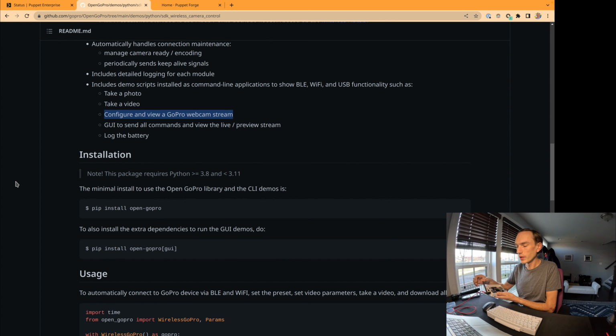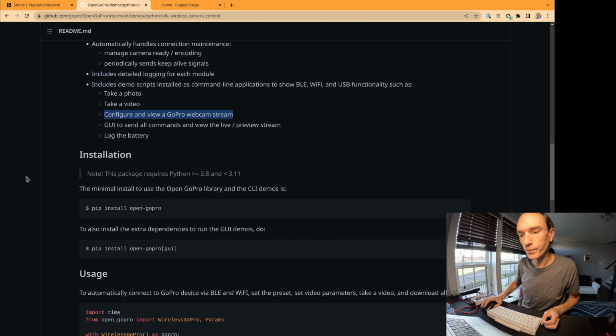Now, as I mentioned, I want to ensure that my deployments are consistent across different platforms. And so I want to use Puppet to manage this installation. Let's see what that would look like.